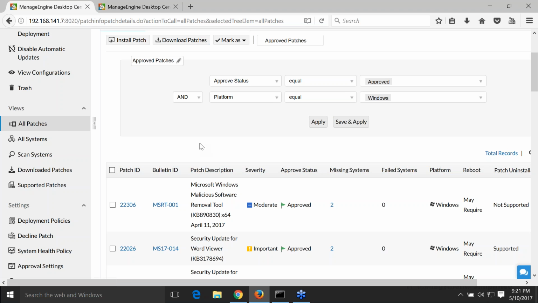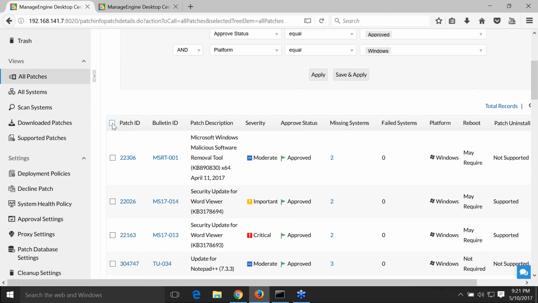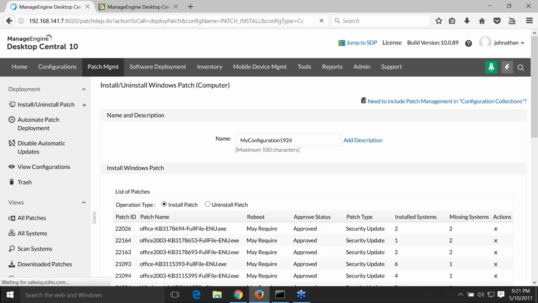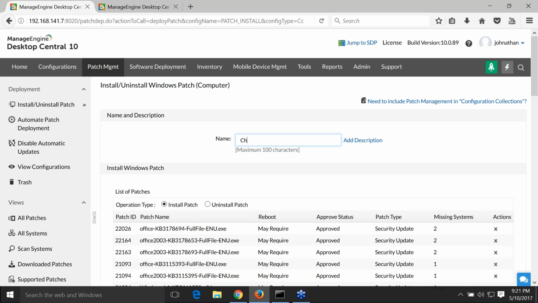All right, so now how to go about and deploy these patches to my production environment. There are two different ways. First, I will select a manual deployment approach where I can select all the patches and click on install patch, where I'm creating a manual configuration. I'll just name it, let's say, Chicago deployment